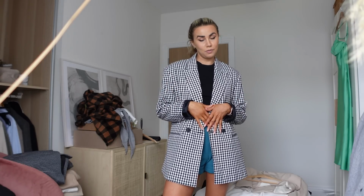It looks really smart with some heels. Love. I got this one last summer in Zara and it's staying. I have a matching skirt, which is really cute, and I just really like it, so definitely staying. Even as I'm trying things on, I'm getting outfit inspiration, and that's when you know that things need to stay